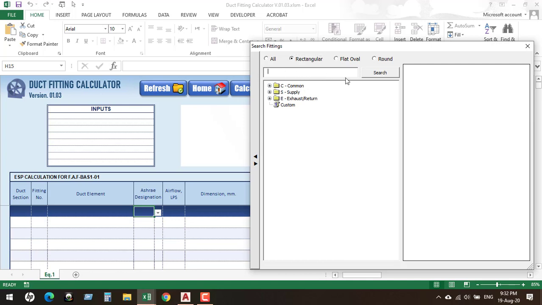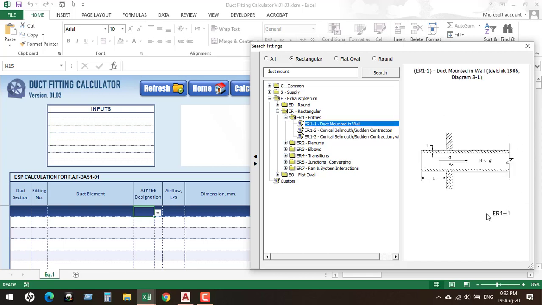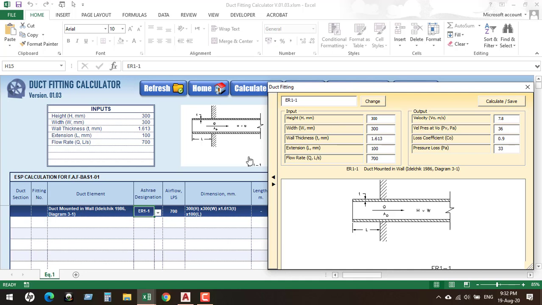Here you can search by text the fitting which you want. So we can say duct mounted in wall. So you see it is highlighted now. Select, you will see the picture of this fitting. Just double click this, and you see now that